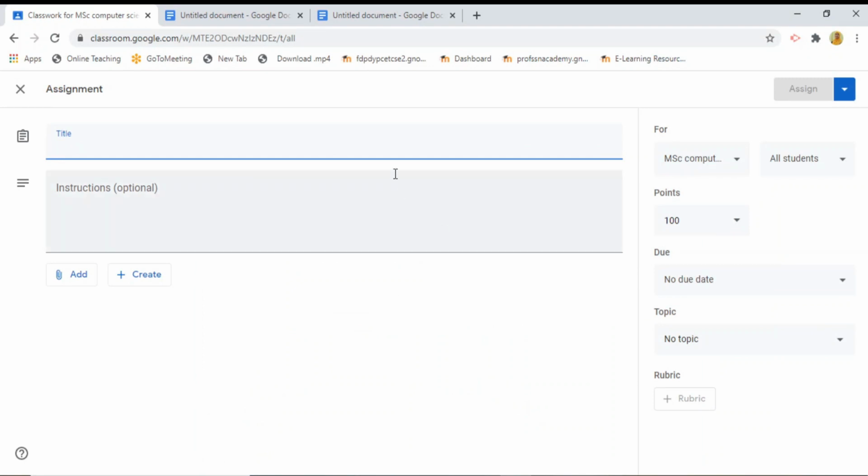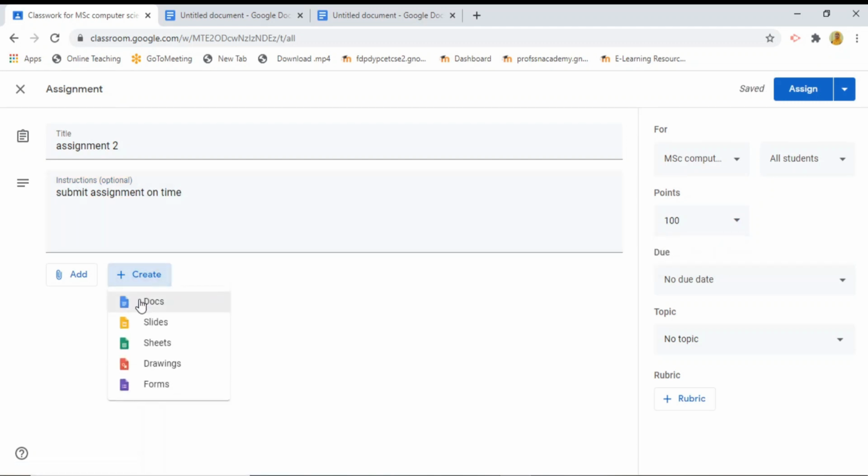Now we will enter again in our Google Classroom. The same procedure will be followed for a few steps. That is the title, assignment 2, instruction, submit the assignment on time. Okay, click this document.